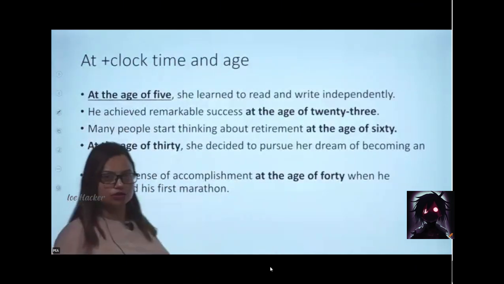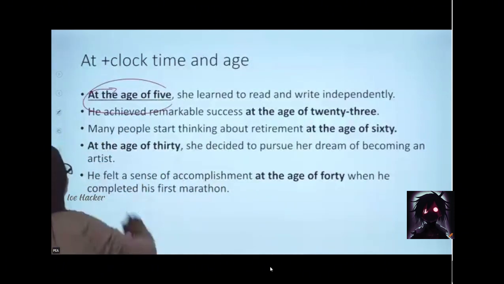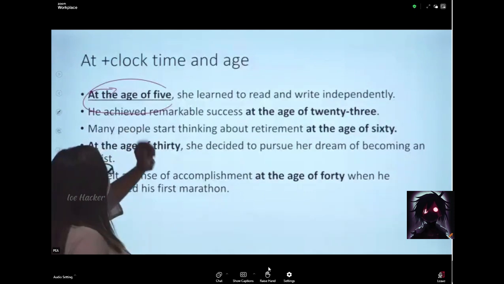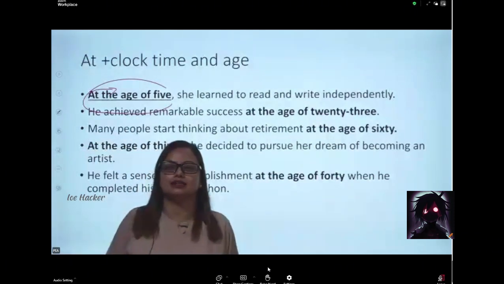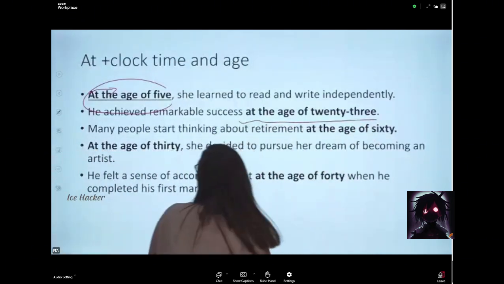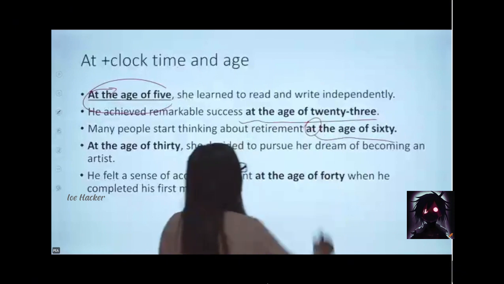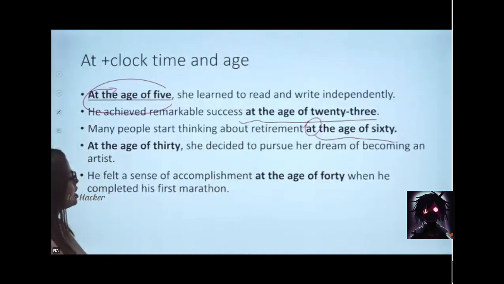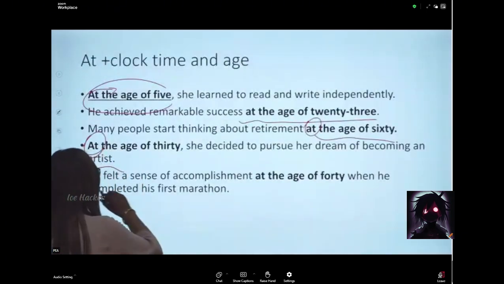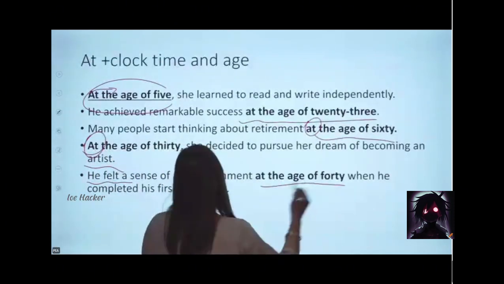Now look at here, another example. At the age of 5. Here we are talking about age, that's why we kept "at" in front of it. At the age of 5, she learned to read and write independently. He achieved remarkable success at the age of 23. Many people start thinking about retirement at the age of 60. See "at." At the age of 30, she decided to pursue her dream of becoming an artist. Look at here, again "at." And he felt a sense of accomplishment. At the age of 40, when he